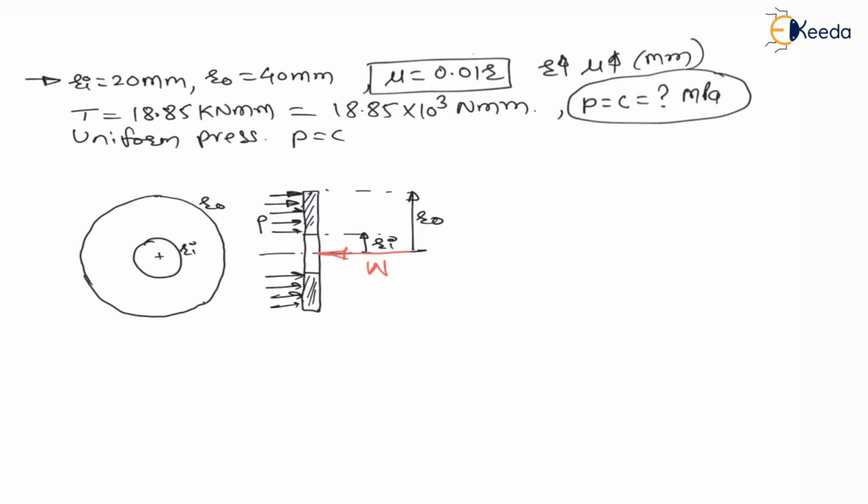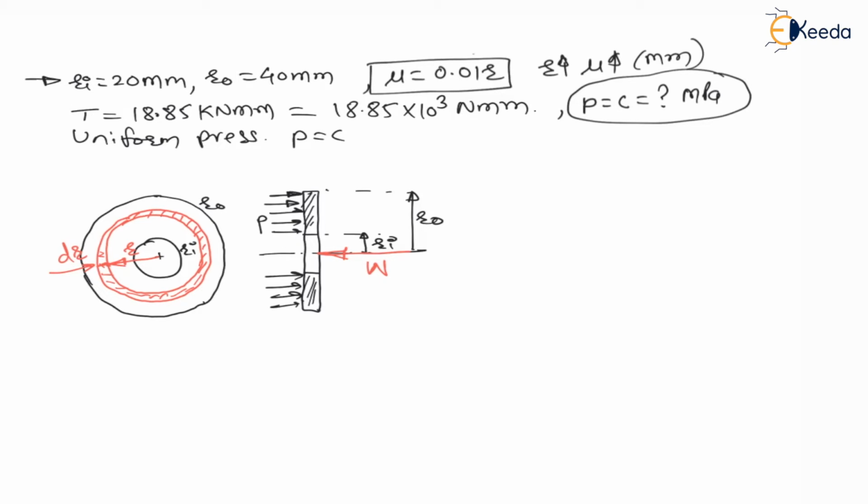Now for such type of numericals, let us consider a very small elementary strip. Here I am considering a very small elementary strip of thickness dr, at radius r and thickness dr. Right, this small strip we have considered. Now we have to do the calculation for this very small strip and then project our calculation for the total.